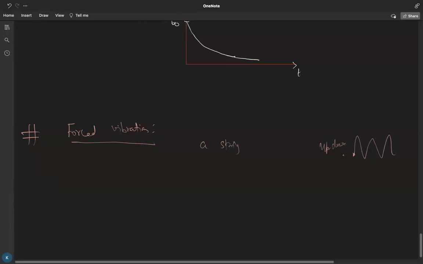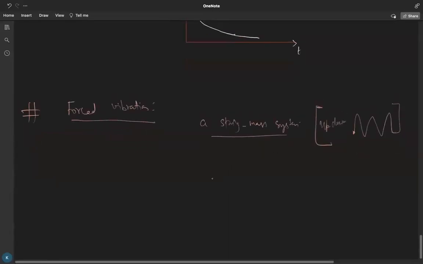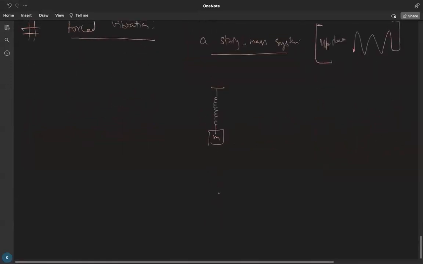So that is actually, we are applying a continuous force to continue the vibrations, right? Let me tell you with the same system, which is a spring mass system. You can consider it with this too, but let's start with the spring mass system. Let us suppose this is our spring of mass, and this is our mean position, and what I'm doing here is